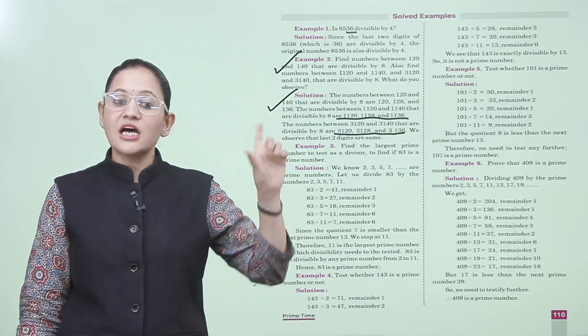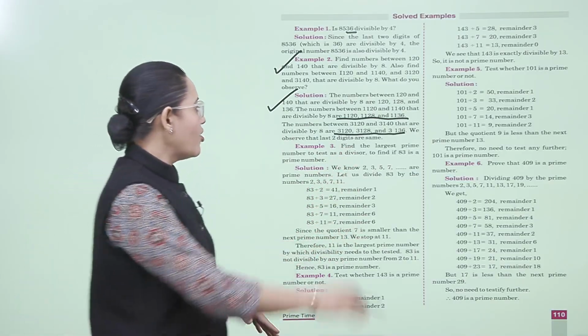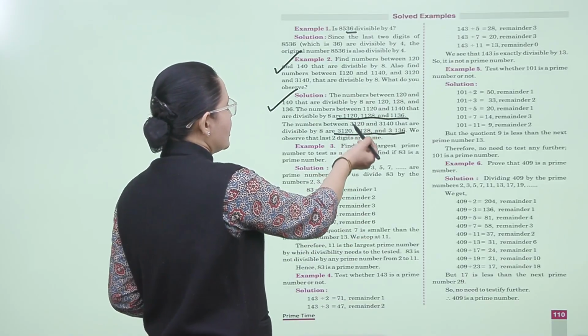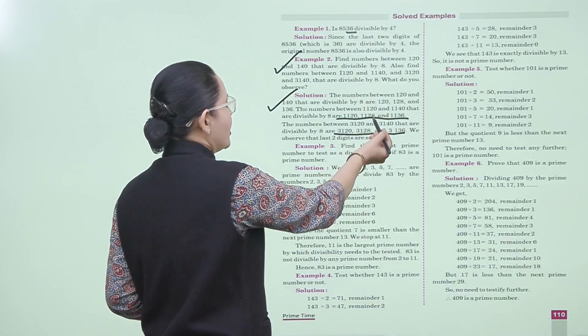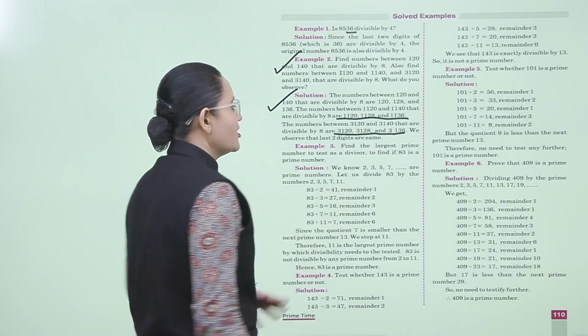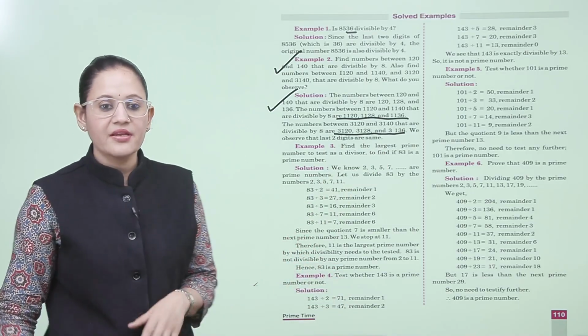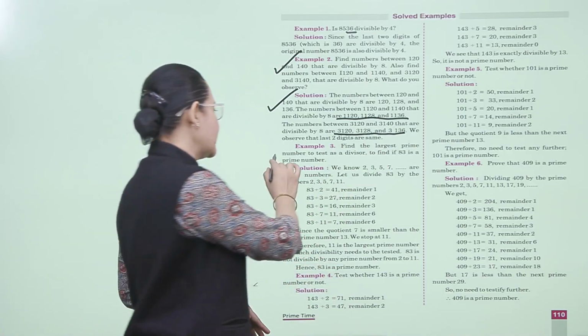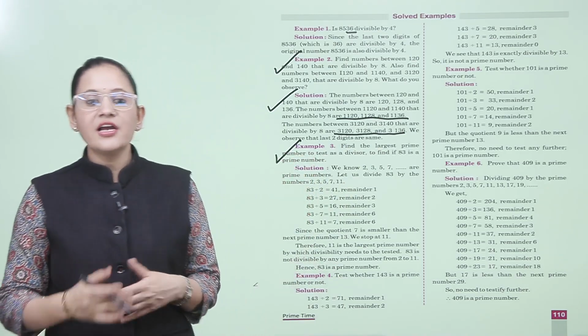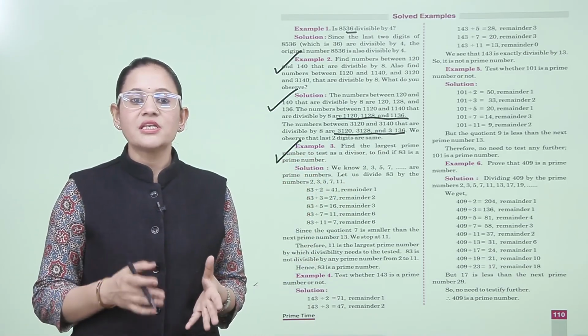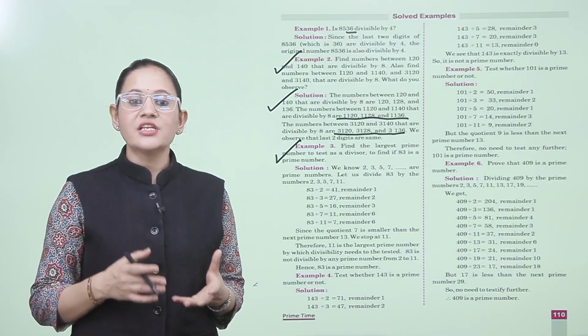We have observed that the last two digits are the same in all the numbers: 20, 20, 20, 28, 28, 28. So the last two digits are the same. Clear? Now example 3. Find the largest prime number to be tested as a divisor to find whether 83 is